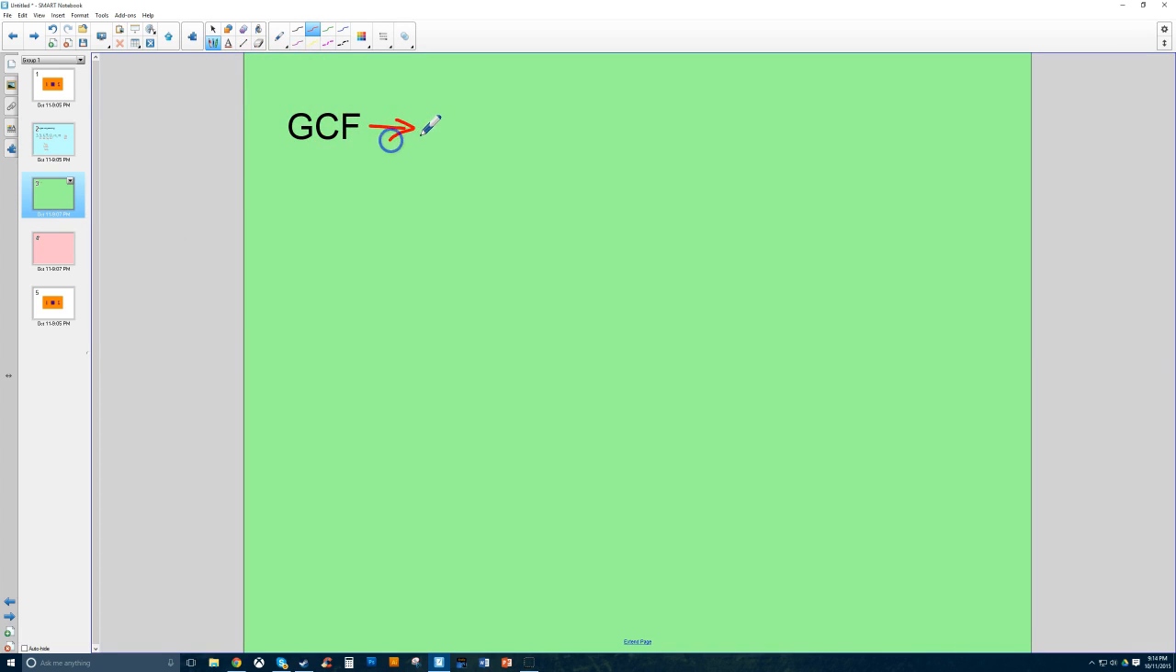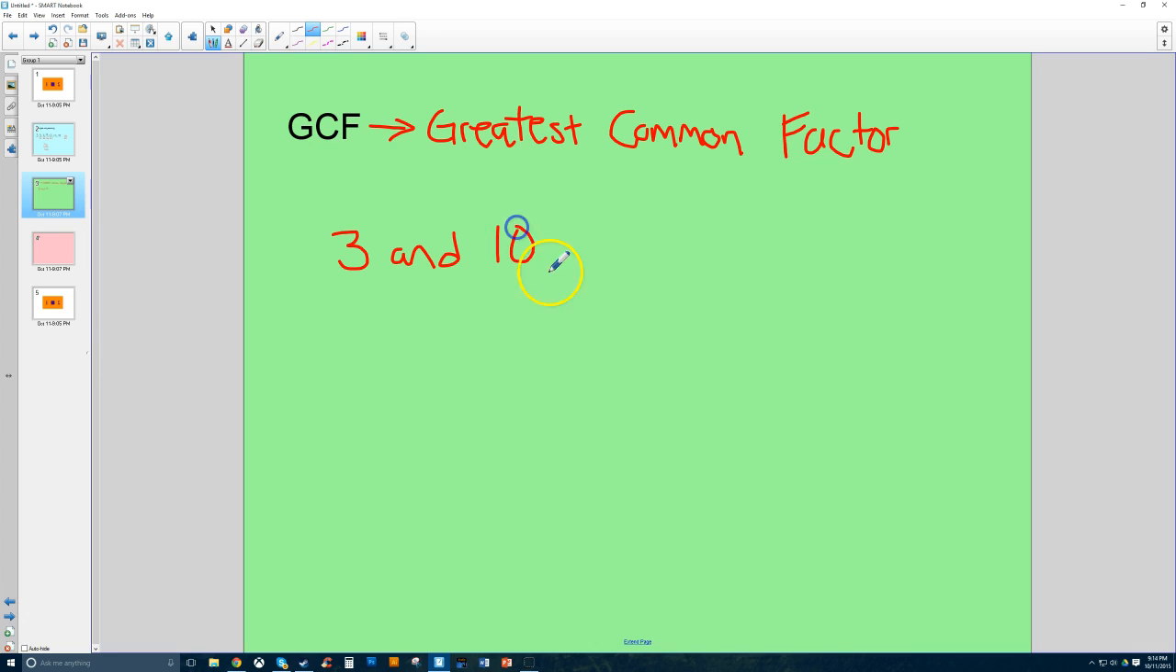Now the GCF is an abbreviation, an acronym essentially, for greatest common factor. And so when we're talking about greatest common factor, obviously now we're talking about factors, not multiples. When I see the word factor, I think factor rainbow. So essentially, if I'm trying to find the GCF of, let's say, 3 and 10, since I'm thinking about factors, I'm going to make a factor rainbow for 3,